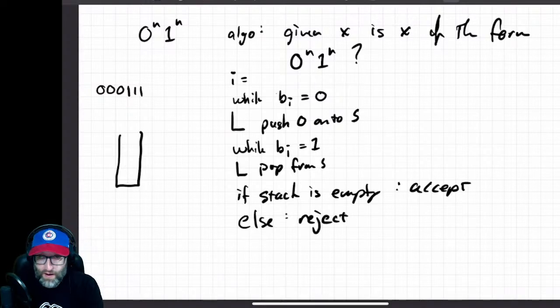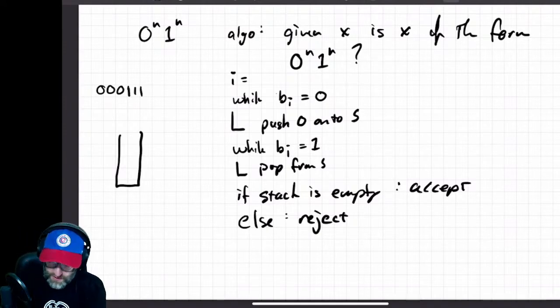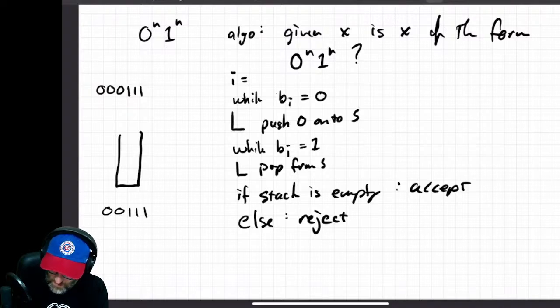We kind of like abusing the call stack. We abuse this stack in order to do our counting for us. And so it's arbitrarily big, but it's finite. We can push until we get to the ones area, and then we pop, pop, pop, pop. Just to show you how it might work for something that we would reject: 0, 0, 1, 1, 1. I will push 0, 0, and then I will transition to the second while loop. While it's 1, 1, 1, I will pop, pop, but then I jump out of that while loop,